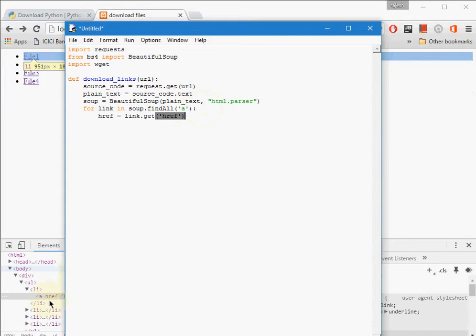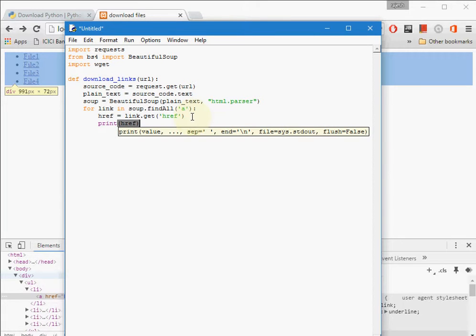All the links I'm getting into this variable. To make sure I am getting the correct link, I am printing this href variable, and at the end I am downloading all the links. Using this wget package, under wget I am giving the variable, that's the link, to it. So yeah, that's it.